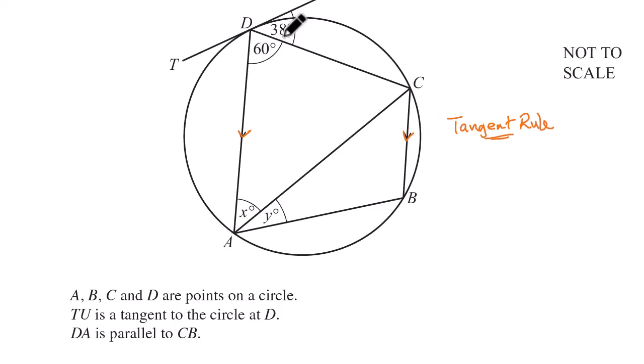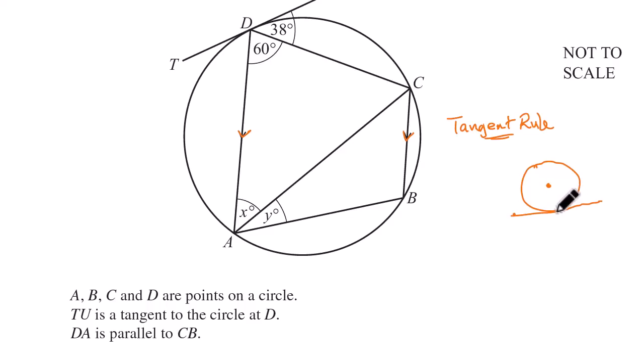But the tangent rule states that if you have a circle, and then you have a tangent to that circle. The tangent is a line that touches the circle at just one point. So if you have this tangent, and this is the center of a circle,